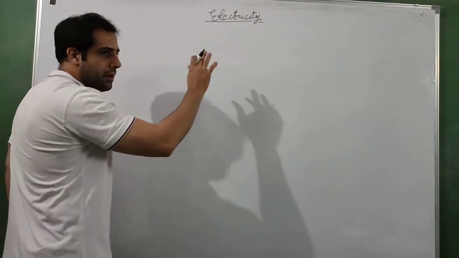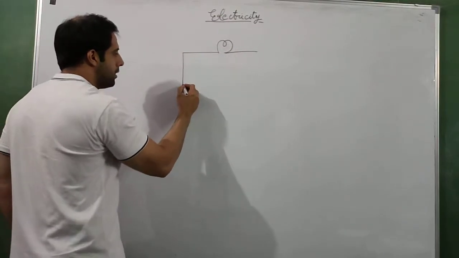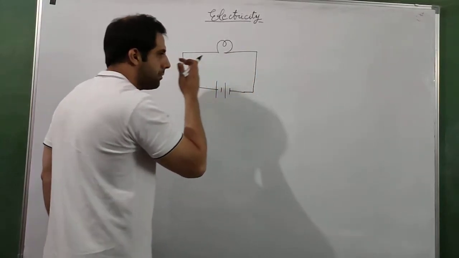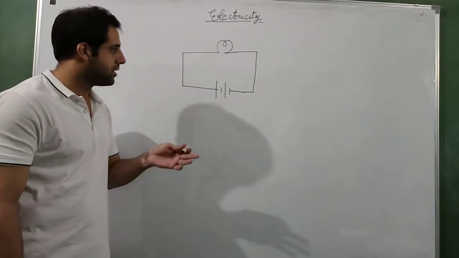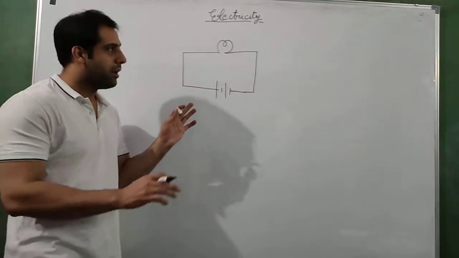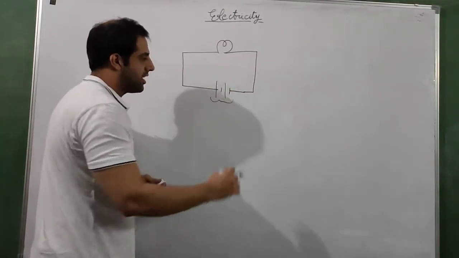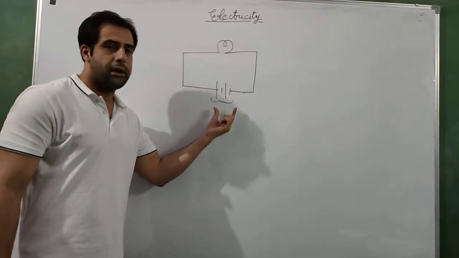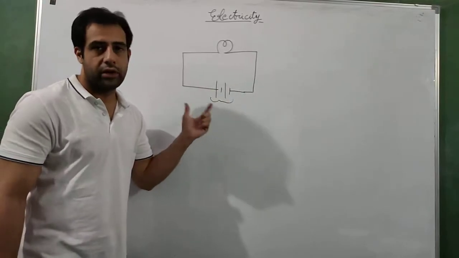For that, let me make a simple circuit, the most basic kind of circuit. This is a bulb, this is a battery, and I am simply connecting the battery with the bulb. If you look at the electric circuits in your houses, as long as we switch the circuit on, the bulb will glow. But what is actually making the bulb glow? For that, we need to understand the working of this device called a battery. It is the most important thing. It can also be called a power supply. It is the one which does all the work in the circuit.